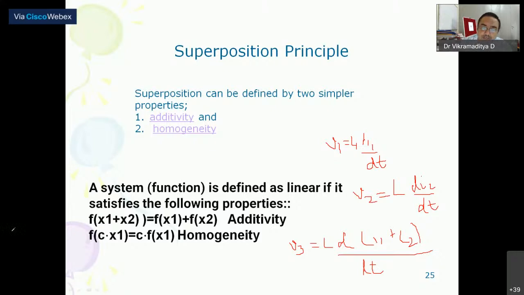Now you open this bracket. You know from your knowledge of differentiation that it obeys the principle of additivity. So I can open this. What I will get, V3 is equal to L dI1 by dt